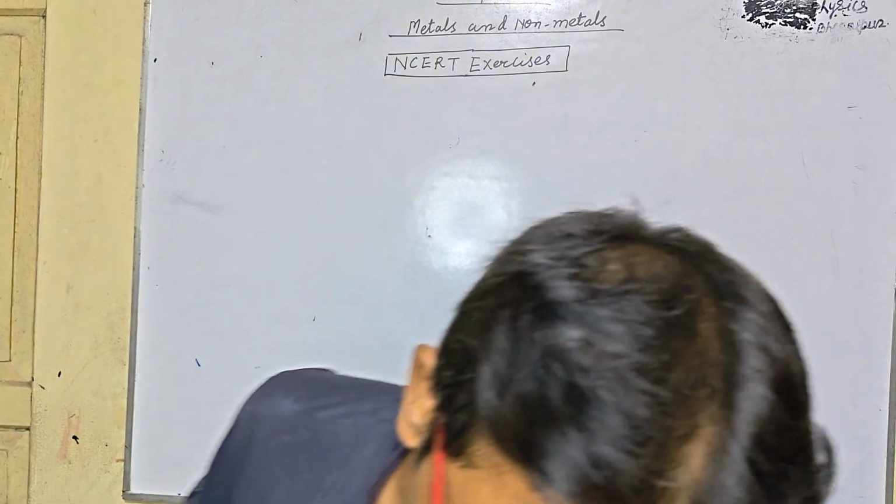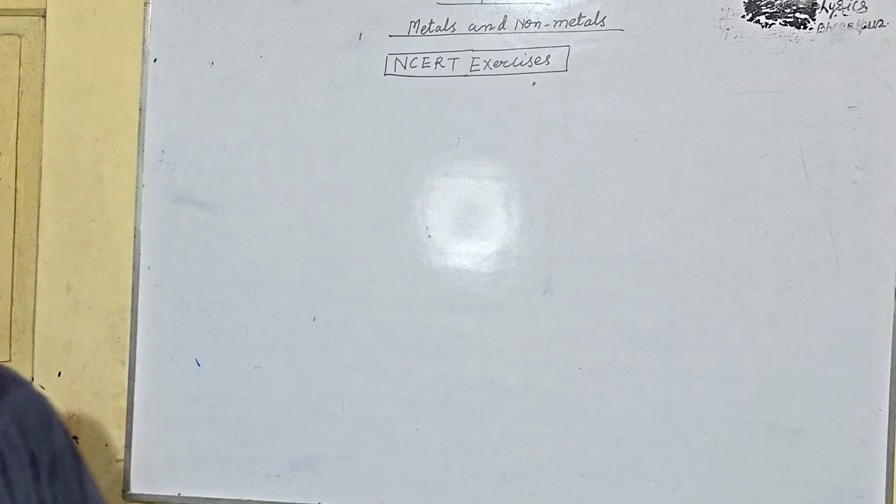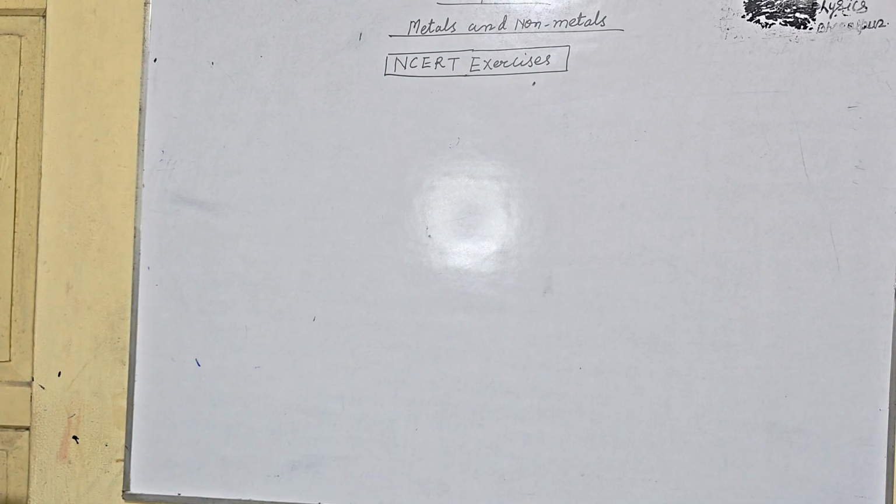There is an example. Pratyush took sulfur powder on a spatula and heated it. He collected the gas evolved by inverting a test tube over it, as shown in the figure. There is a figure also, showing the collection of gas. What will be the action of the gas on dry litmus paper and moist litmus paper? Write a balanced chemical equation for the reaction that takes place. The question is big but the answer is short.